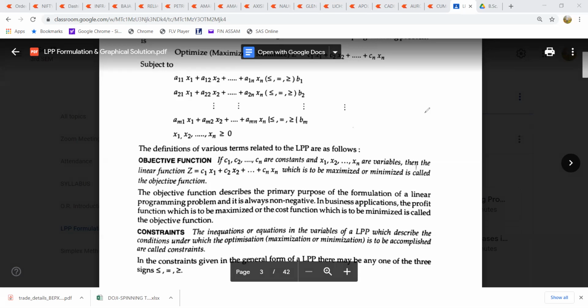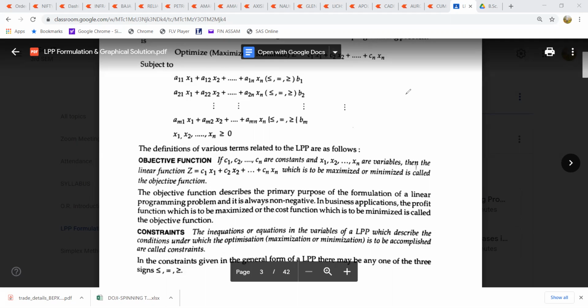Are you getting my point? And in the same way, if your problem is a profit problem, if you need to get profit, then the problem is of what? A maximization problem. In that case, the objective function will be of the maximization kind. So you have to maximize. If you don't write the objective function, you won't be able to find out at what point, under the given constants, or for what values of the parameters you have chosen, you are getting